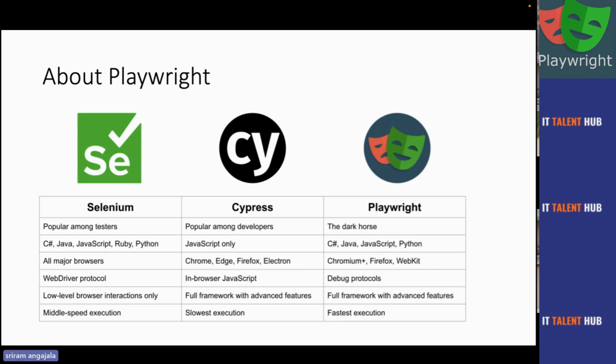If you ask me, sir, what is the next thing I want to do, JavaScript or C#? I would suggest C#, because you can learn Azure, C# and Playwright, and that is the best combination. And the good news is Playwright is a product of Microsoft. So Microsoft is backing Playwright.